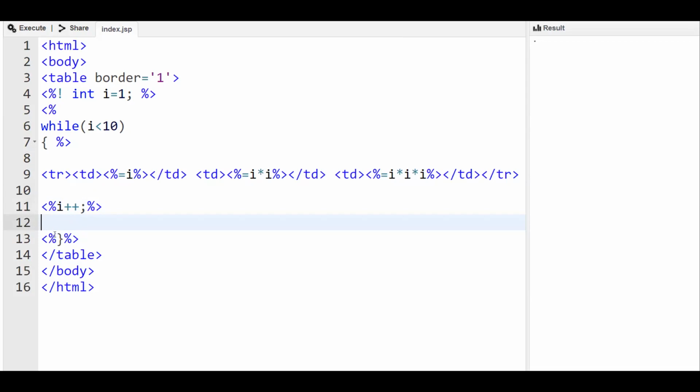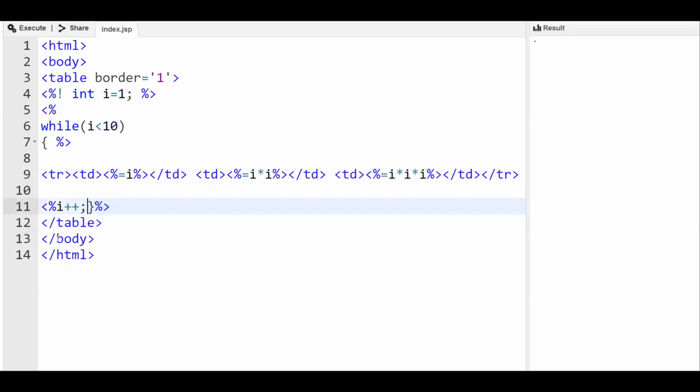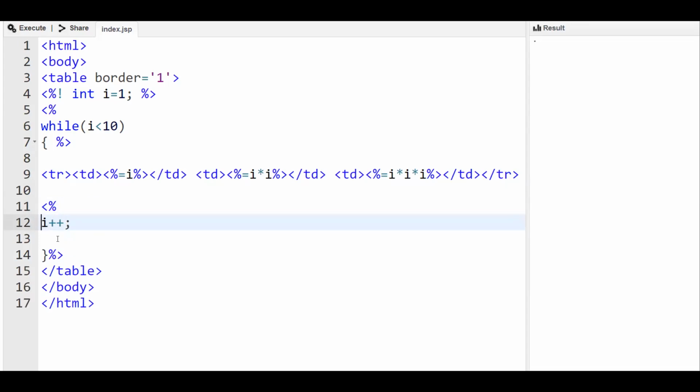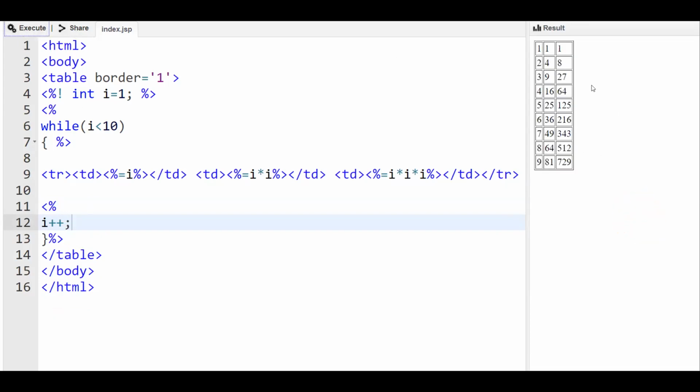Then this has ended, so we can merge this also. This incrementation of I and closing of the flower braces can be put inside a single scriptlet tag. Now, if we try to execute, you can see we got the table.